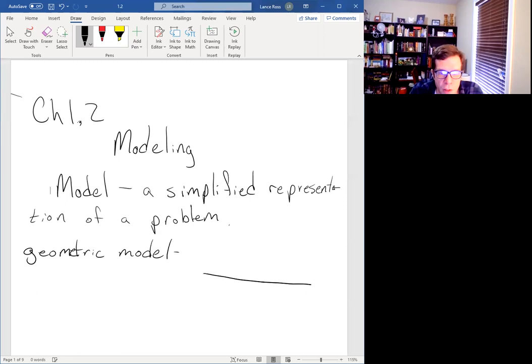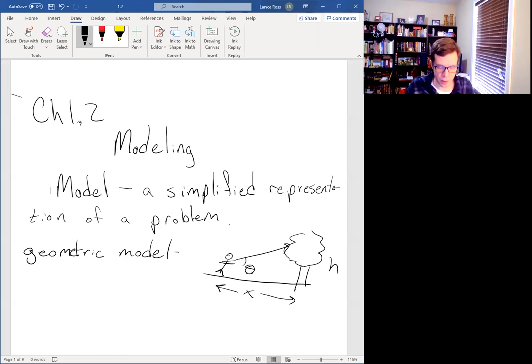If you've had a trig class, you probably remember something like a person looking at the top of a tree, and you know the angle that they're looking at and how far away they are from the tree. And you're asked something like, what's the height? Right? So here I've drawn,